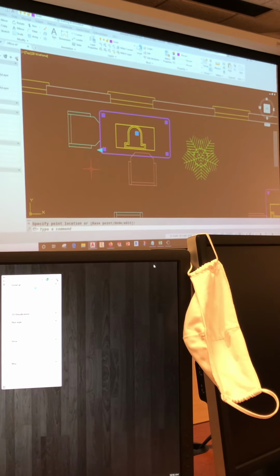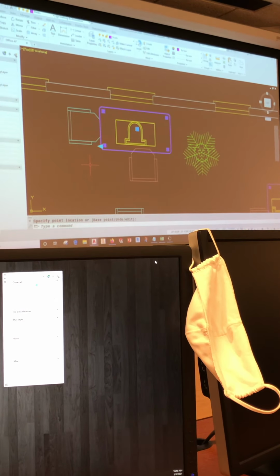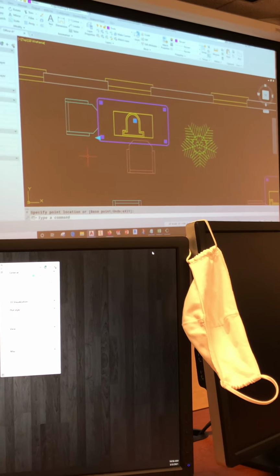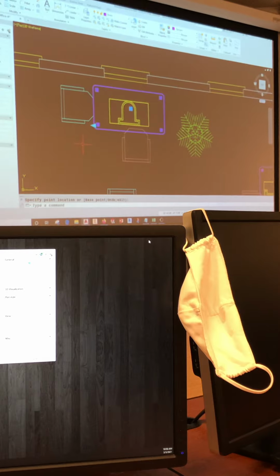And we'll go back and review all of that after lunch as well. But when you create a dynamic block, you've got to think about what action do you want? Do you want to stretch it? Do you want to array it? One of your exercises, which I like, is a